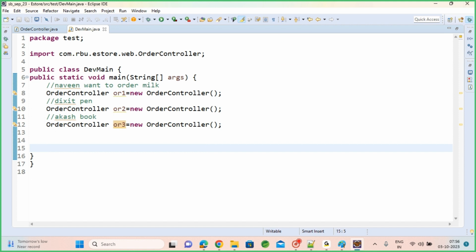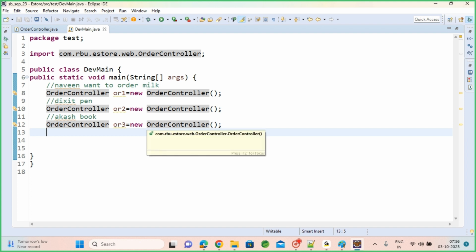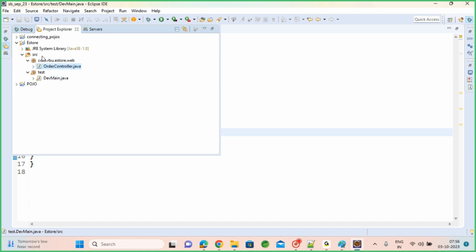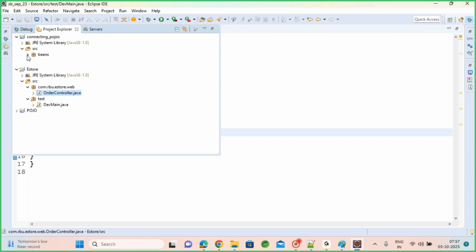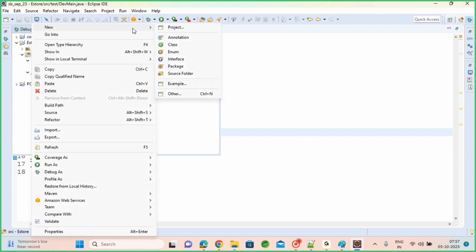As here in the session itself, we have 20 people. For 20 people, if I create 20 separate objects, for the same object it will consume 20 times the memory. Instead of this, if I go with the container, it will create one object only. Same scenario, let's configure this class into the container, load it into the container via a Spring XML file. Create a Spring XML file here,